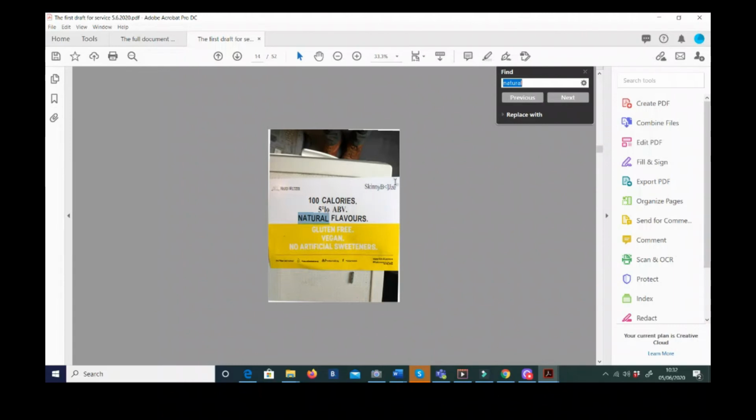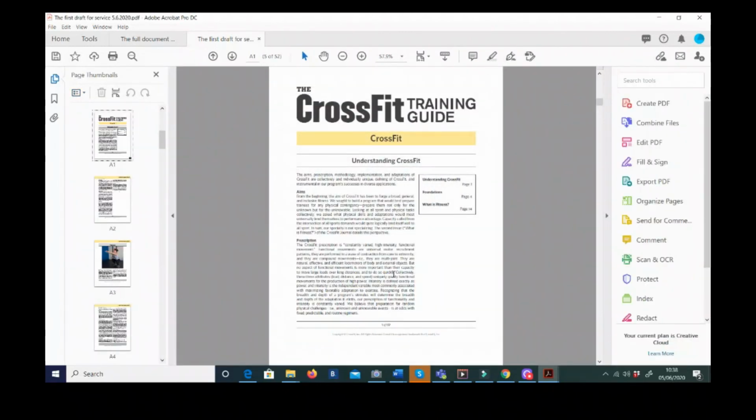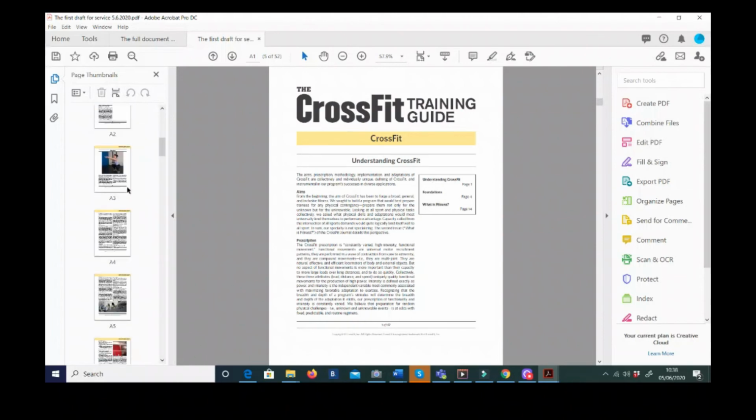And it says, well, it's nonsensical, isn't it? So there's a payoff here, isn't there? The ability to search for some words on a picture and the inability to read others. That's really what I'm talking about in terms of care. So now, if we want to go to page 24 of this training guide,